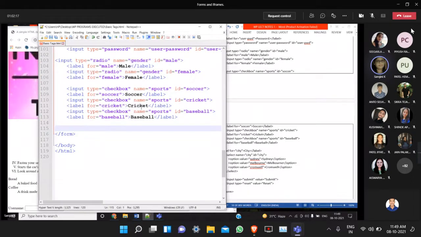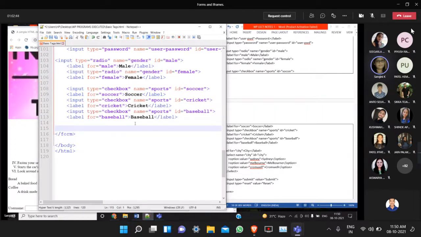Yes, I have written it, and then I close the label. Now I have created two checkboxes with their respective labels. And then a third checkbox to display baseball, and its respective label. Now look here. Here also the value of the name attribute.